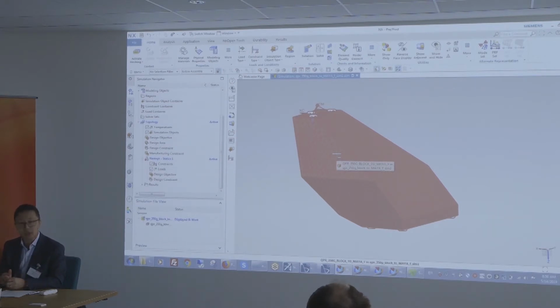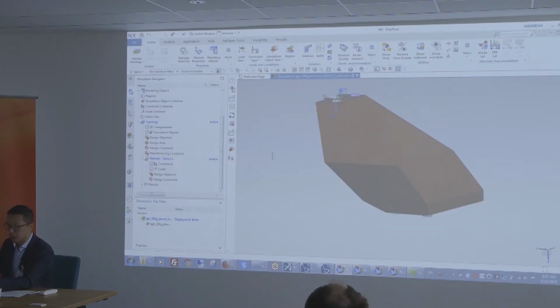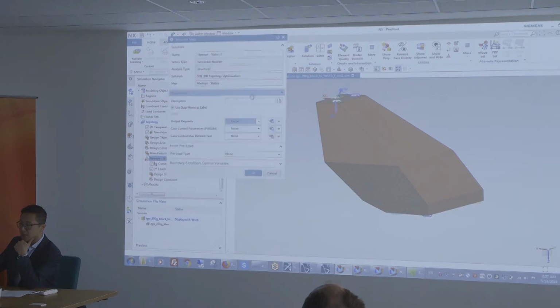Some folks will also want to do random vibration analysis, with a certain PSD input for that bracket to respect. So we can do all of this in topology optimization. So how do we do this? Well, the first step here, this is a static subcase that I've created by default.